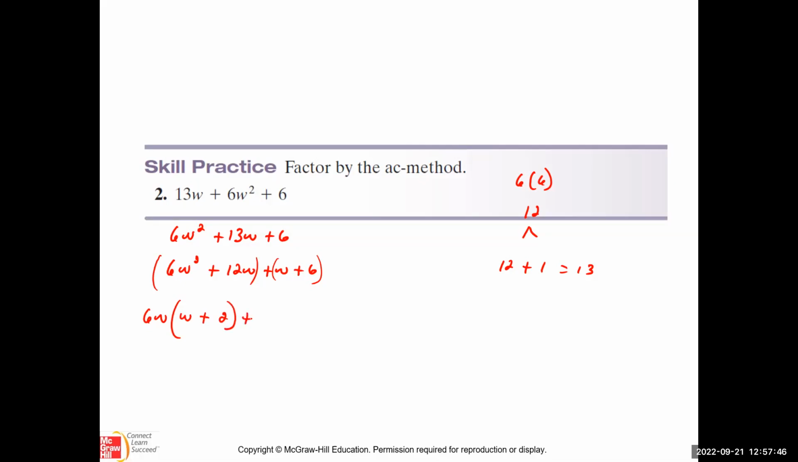Now, in this case, I have a 6w squared and a 12w. I took out a 6w, right, which left me with w plus 2. So 2 times 6w is 12w. But then I had a w plus 6. So the only thing that I can take out there is just a 1, right? And so what happens is, if you notice, I don't have, in this case here, I don't have, oh